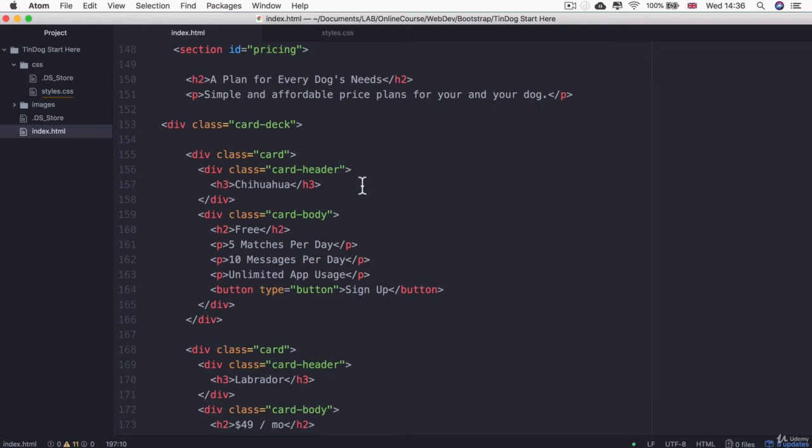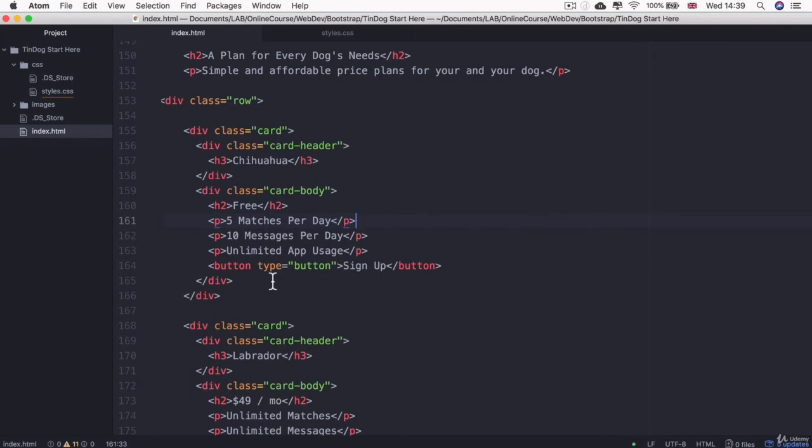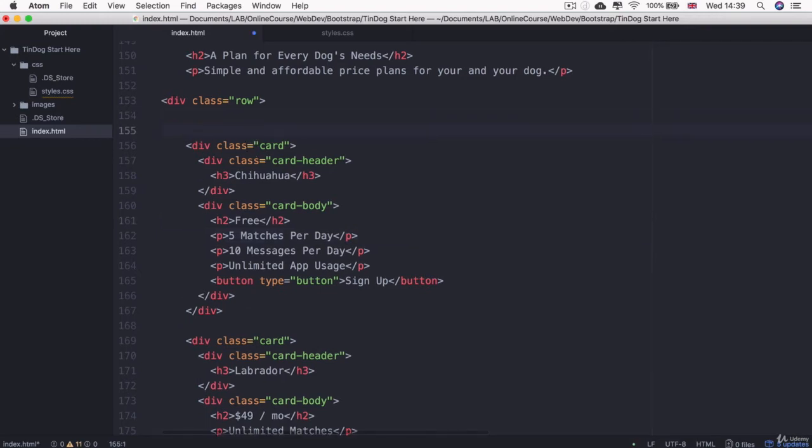The first thing that you need for any sort of grid system to work is you need a div class of row. So I'm going to replace card deck with row in this case because it's a little bit easier to work with in our case. Now, the next thing that we need to do is to wrap each of our cards inside a Bootstrap grid. So I'm going to create another div,